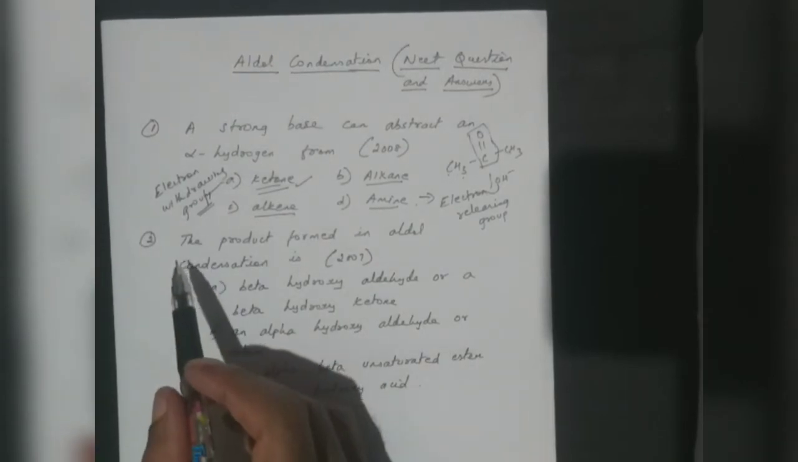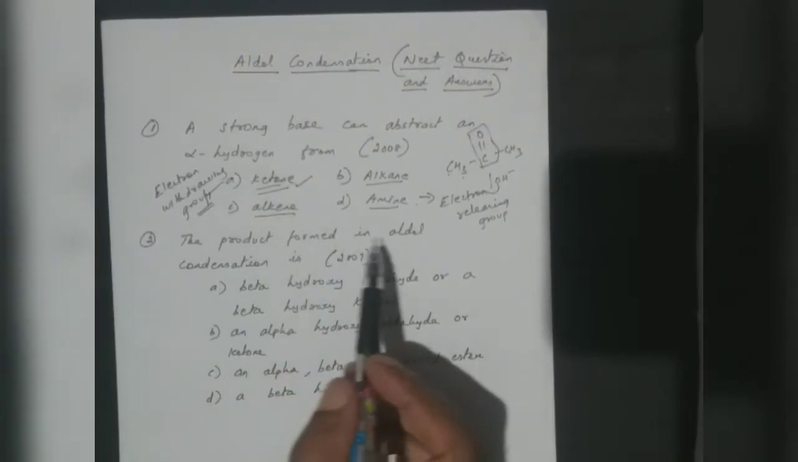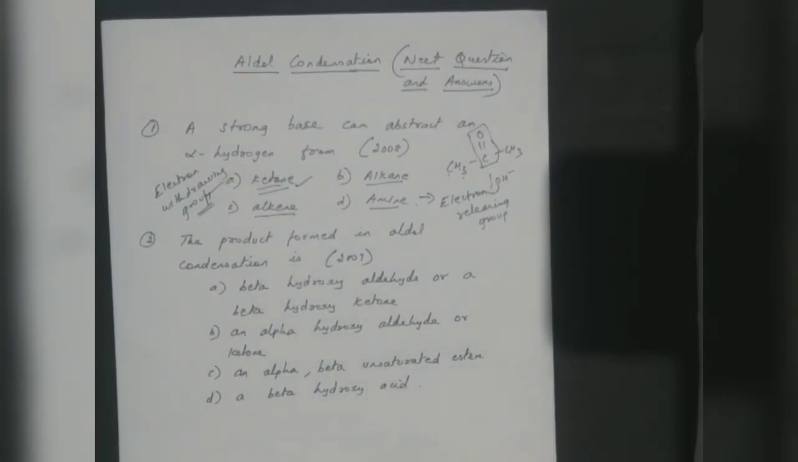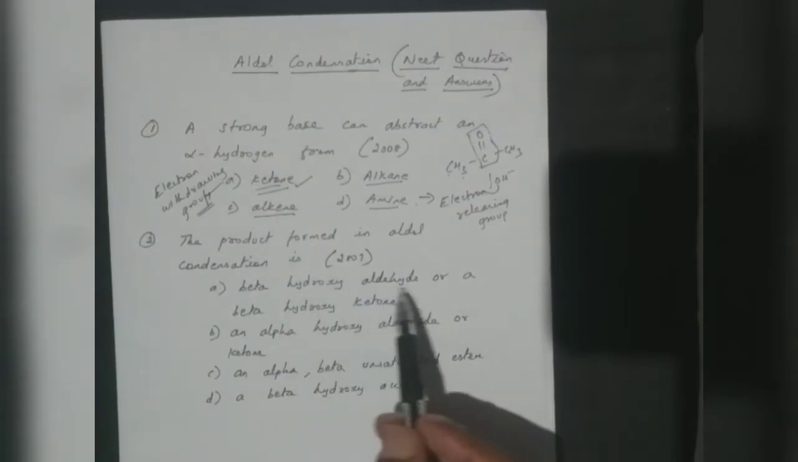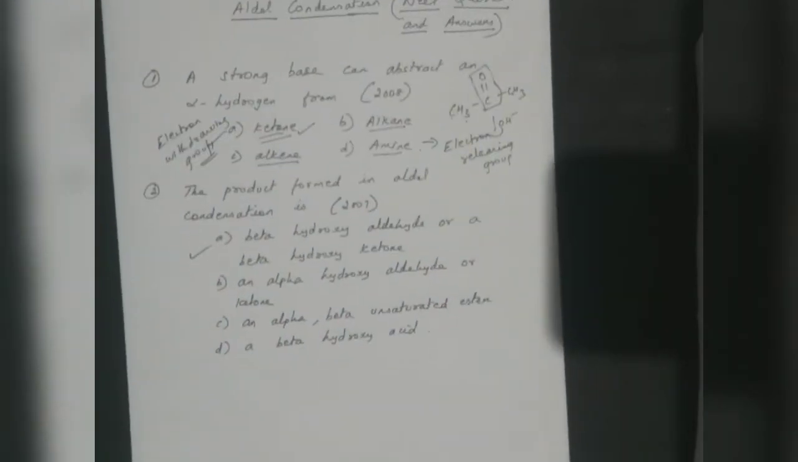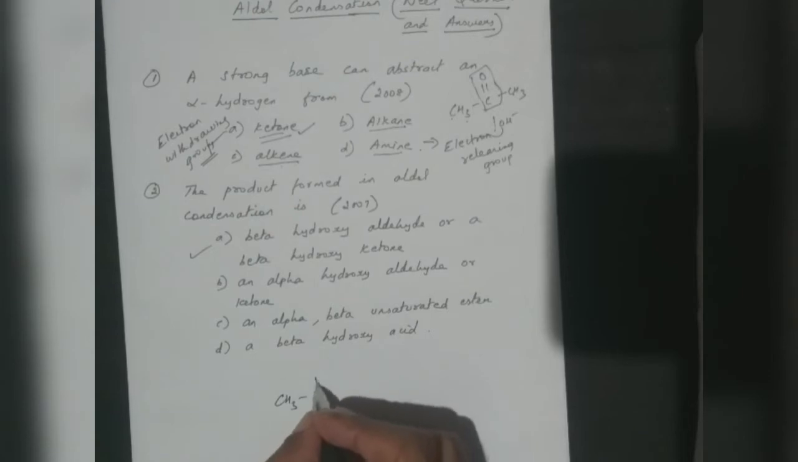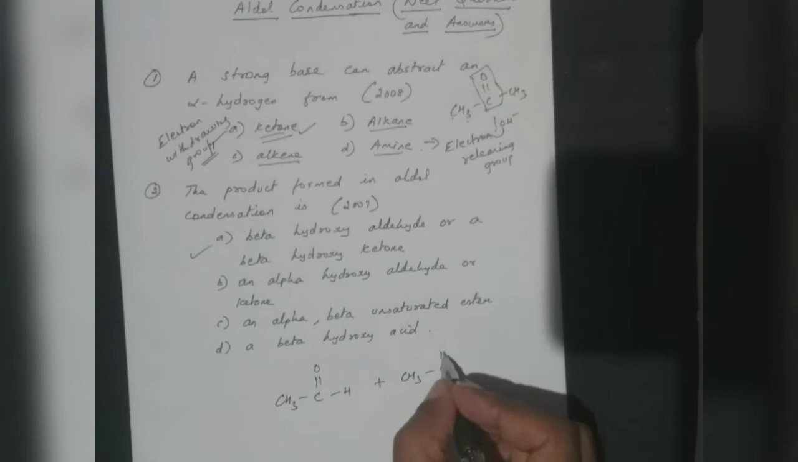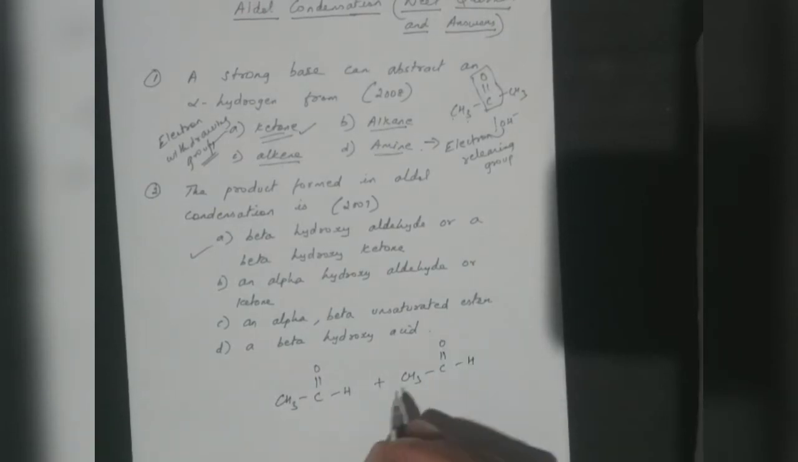And the second question is, the product formed in Aldol condensation is. They have given 4 options: beta hydroxyaldehyde or a beta hydroxy ketone. And here we know the answer is beta hydroxyaldehyde. So the option will be A. Why beta hydroxyaldehyde? We know that aldehyde is like CH3, let us take the acetaldehyde, CH3, C double bond O, H. We know that when we treat any aldehyde with a base,